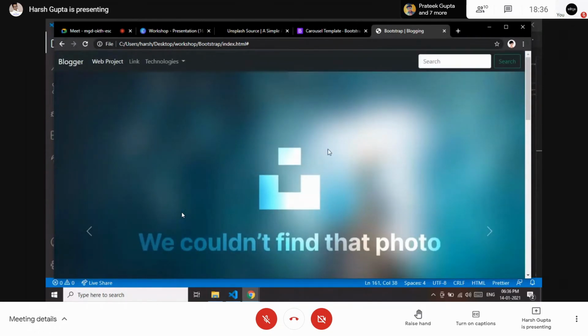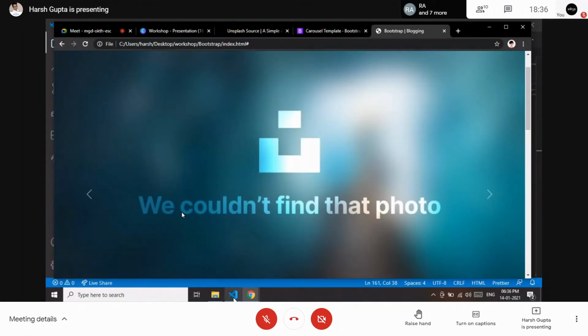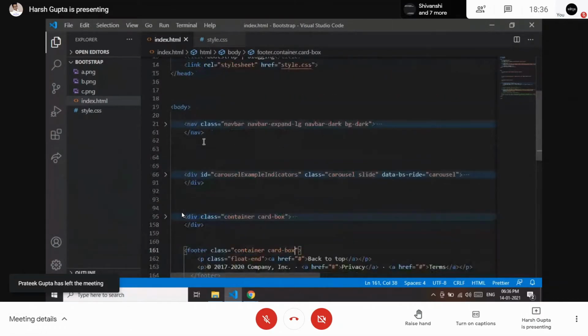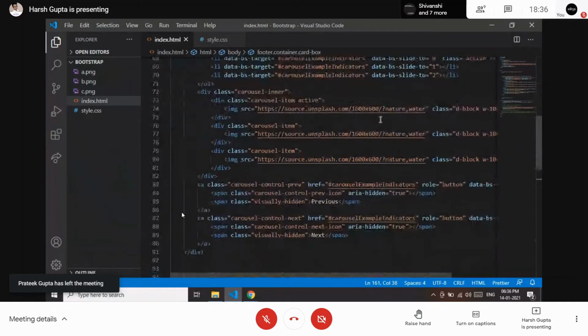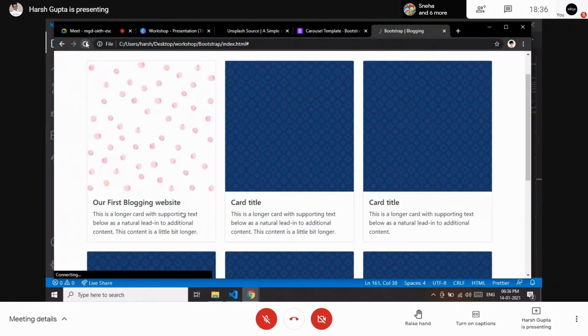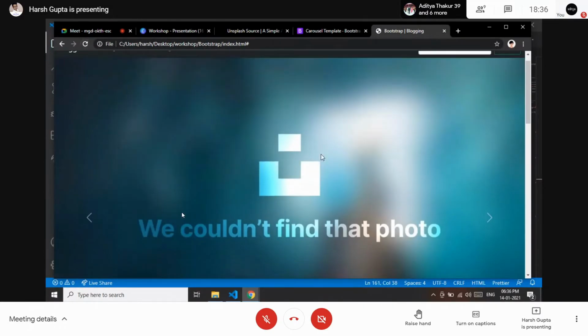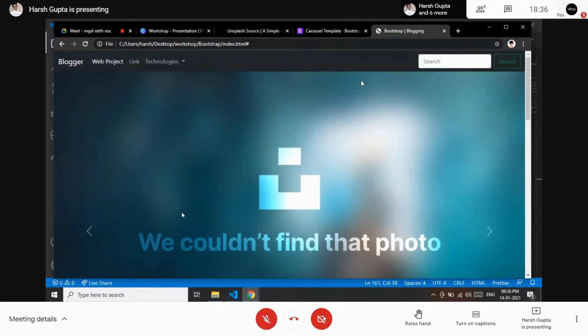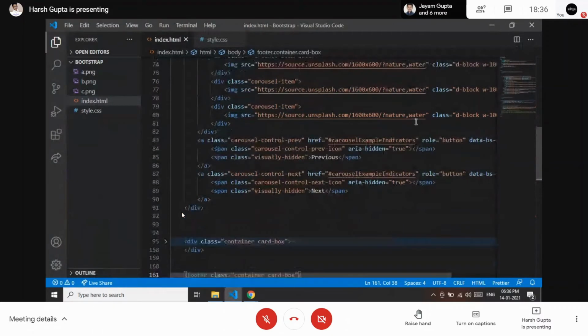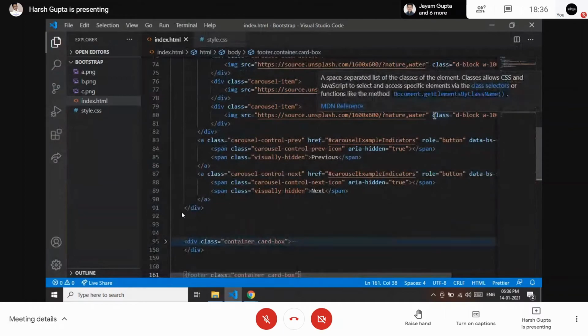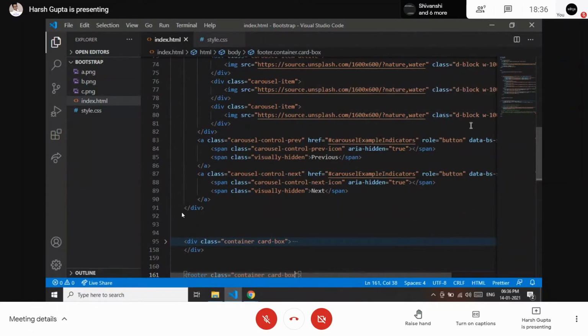Okay, but our carousel is looking a little bigger. Why is that? Let's just see the code. This is the carousel and 600, 600, 600. It is all fine. Then why is it looking like this? Just reload it again. We couldn't find that photo. Okay, so I think these APIs are not working a little bit, because initially it was giving us nice pictures, but right now it is not. So maybe there is some little issue. It happens with the APIs, especially the Unsplash APIs, sometimes. So we will try after some time and it will work.